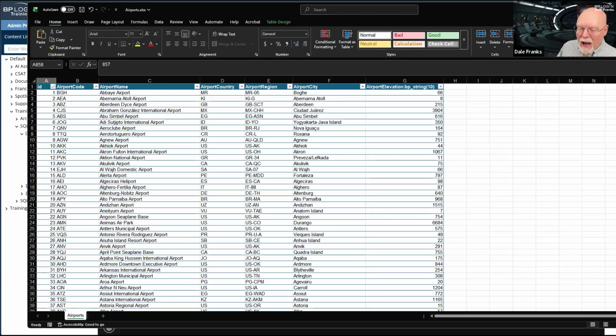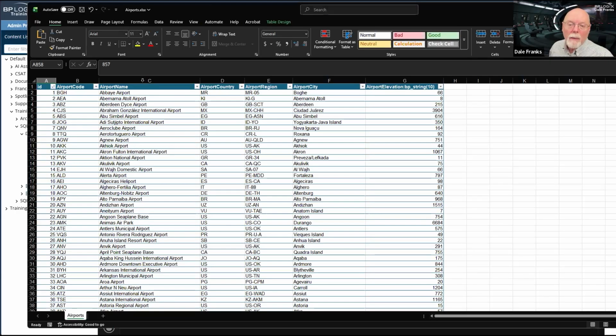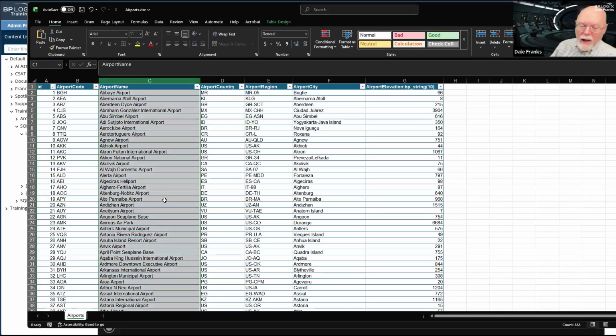I could run this SQL statement, and my data would show up ordered by the airport name. And I would be perfectly happy with that.